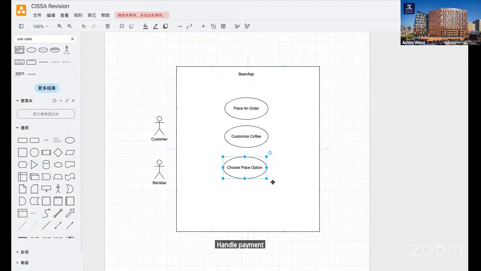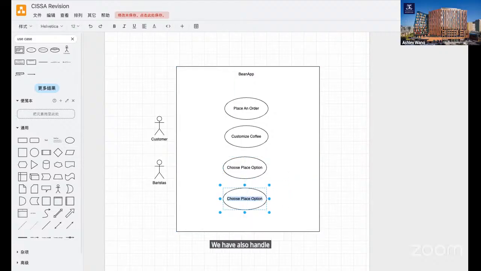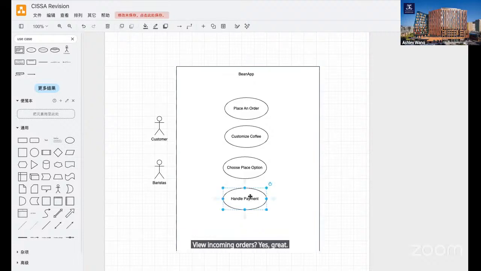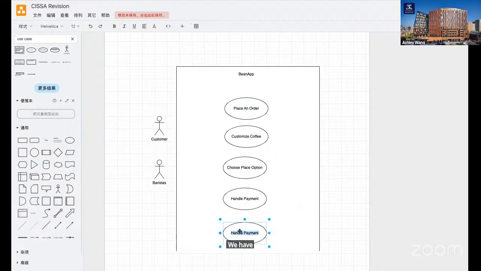Handle payment, great. What else do we have? View incoming orders? Yes, great. We have view incoming orders.